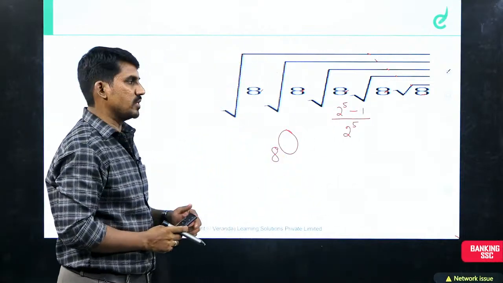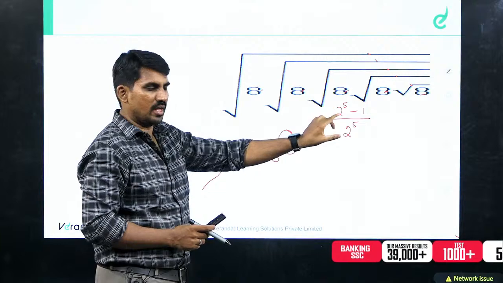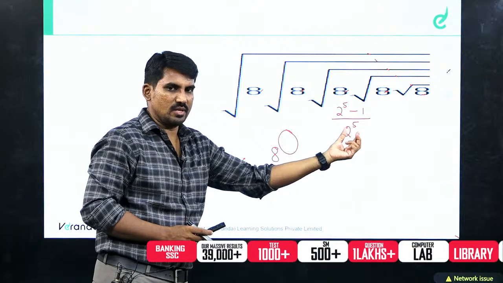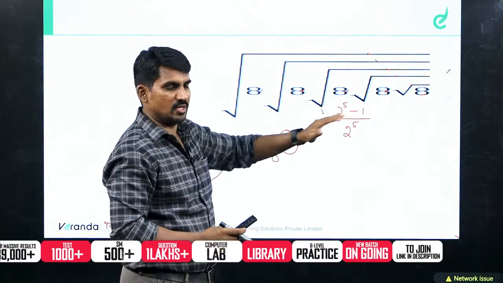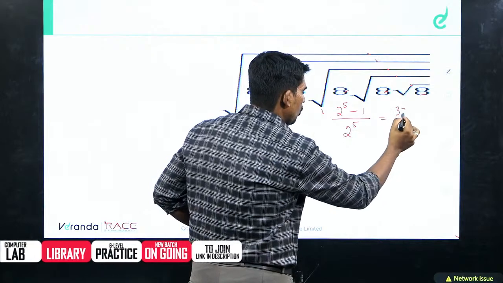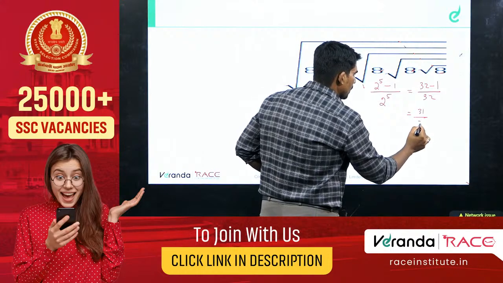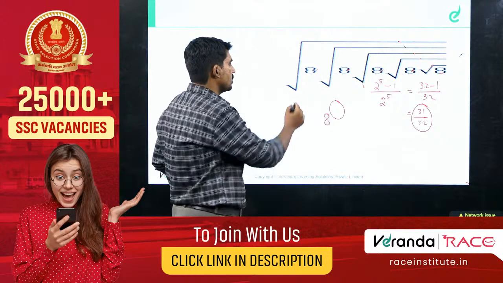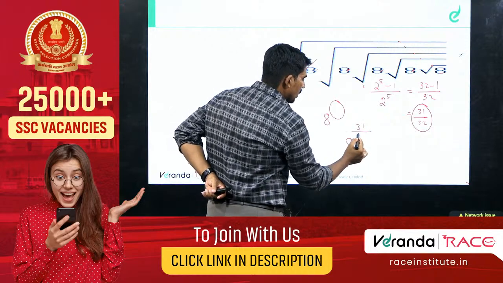So, it is a square root question. Therefore, square root is nothing but 1 by 2, so here this power we have to take. Denominator is how many times root is repeated: 5 times, therefore 2 to the power 5. Numerator is the same 2 to the power 5 minus 1. Now, just to solve this, 2 to the power 5 is 32. 32 minus 1 divided by 32. Therefore, 31 by 32. That is the power. Power of what? This same number. Therefore, the answer for this question is 8 raised to the power